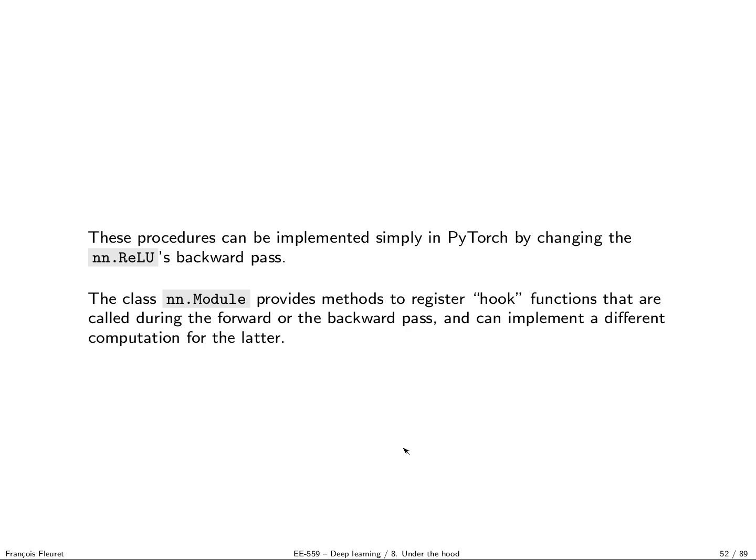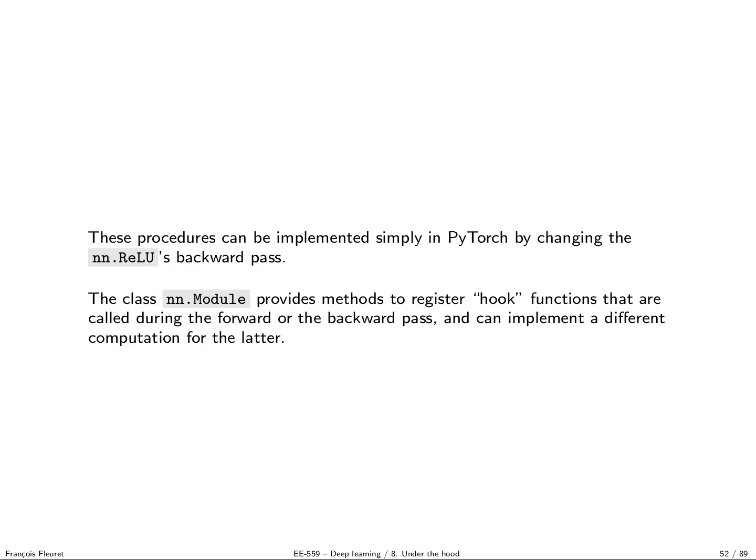So here it's a good opportunity to discuss the hook in PyTorch, because it's quite easy to say, oh, I'm going to rewrite the backward pass, but I'm just going to change what happens when we go backwards through ReLU. But it's quite a challenging problem, because now if I give you a network with ReLU everywhere, how do you do this? How are you changing the backward pass through ReLU?